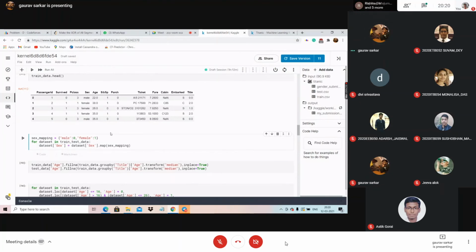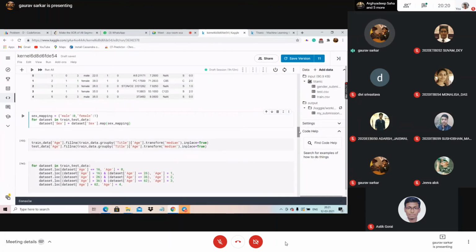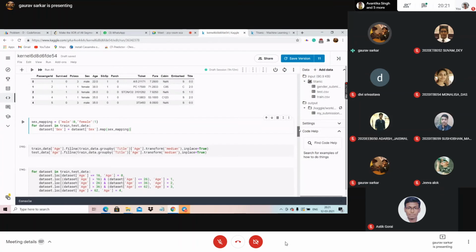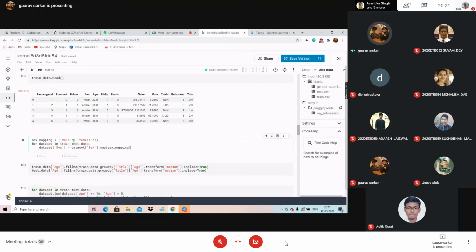You can't give one in string, one in decimal, one in float. You can't give random data. While you are fitting the model, all your data must be of the same type: either everything is integer or everything is decimal.